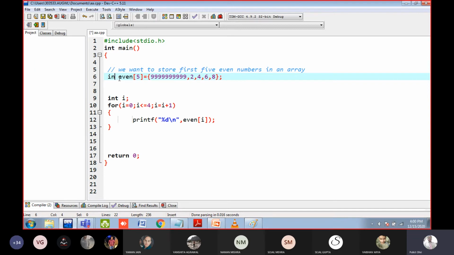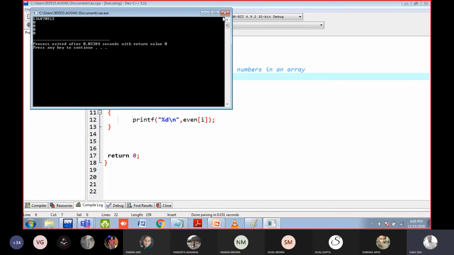Instead of int, let us write the float. Let us see. The float is not working.